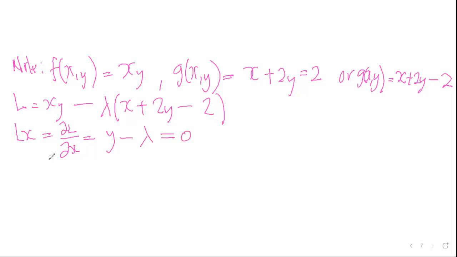When we do that, we now have y minus lambda equal to 0. So we can now say y is equal to lambda, or if we like, lambda is equal to y. And then we can call this equation 1. So going to the next slide,